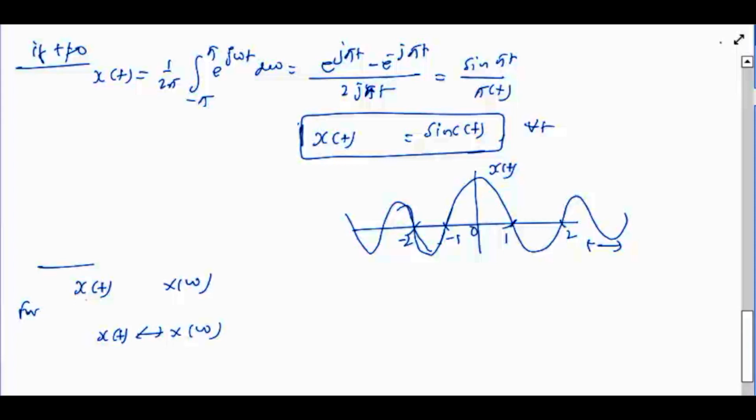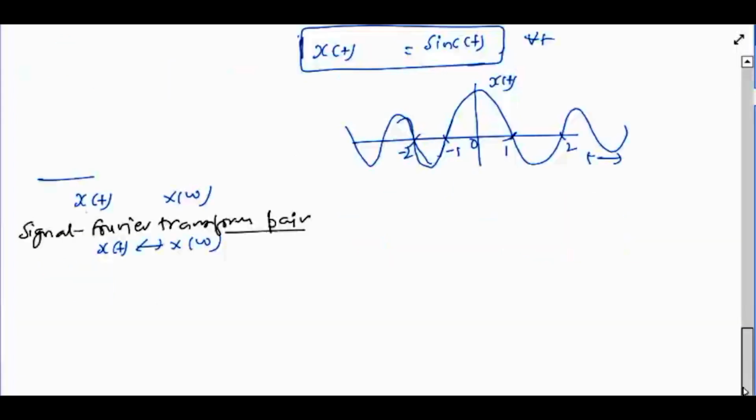So this is a signal Fourier transform pair, or sometimes also called Fourier transform inverse transform pair. So what we just observed, that for a rectangular pulse,